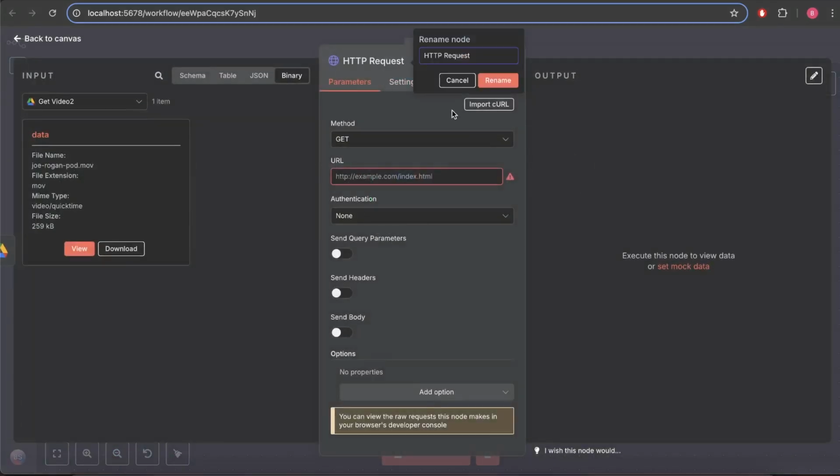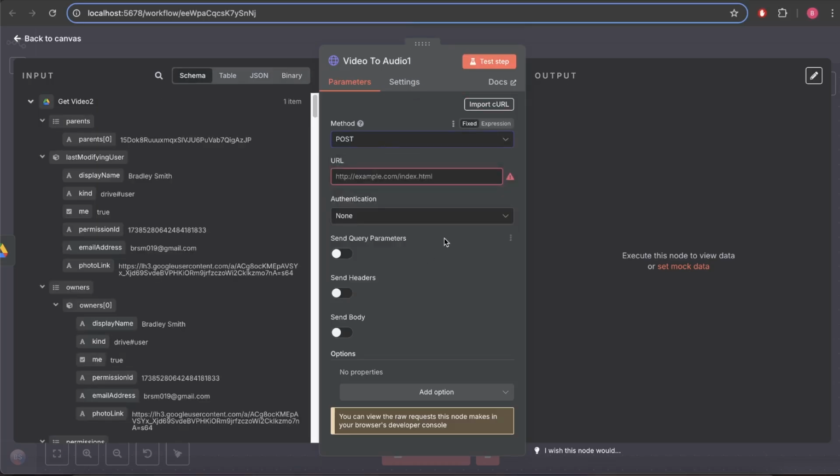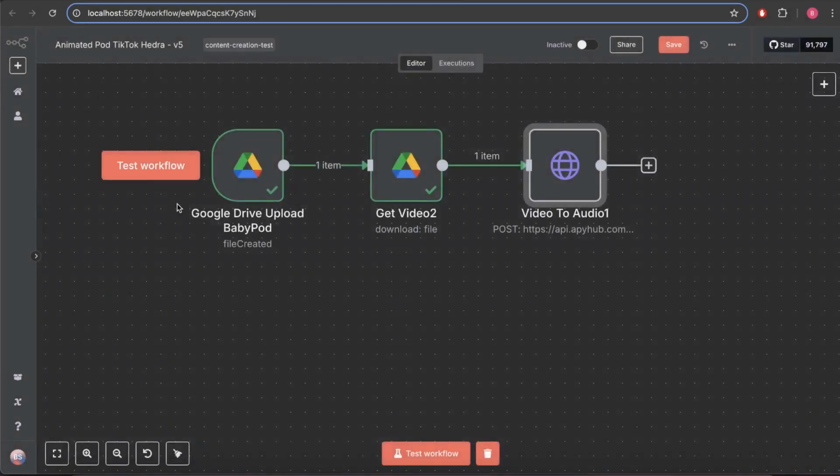Let's go into this and rename it to video to audio 1. It's going to be a post request because we're passing in our video binary data. It's going to be to extract video audio. Here we are specifying the output. This test sample is what the resultant file is going to be. When we send the headers, so if we go into